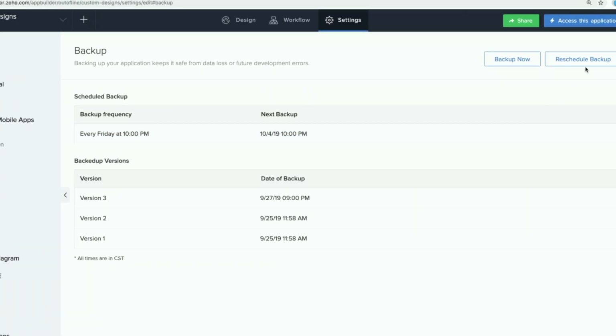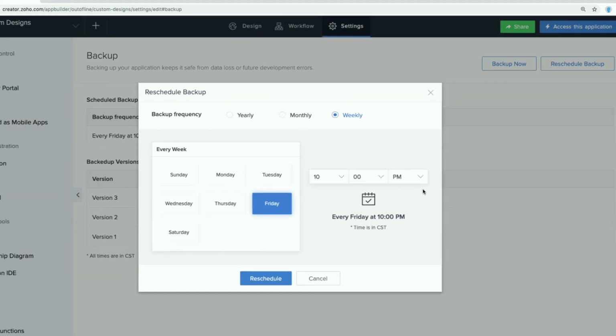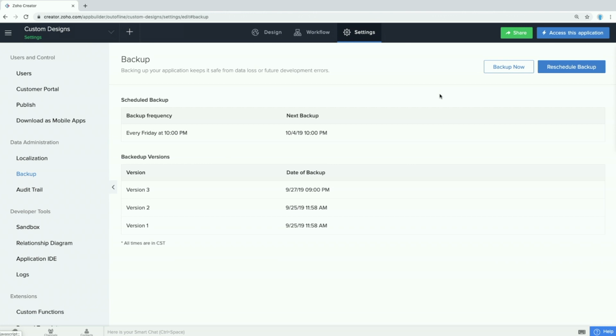You're just going to go up here to schedule a backup. It says reschedule right now, obviously, because a backup is already scheduled, but you go up there, you schedule a backup, you choose your day, your intervals, and the time. And we do recommend that you choose intervals that are a little closer together. If you have a lot of changes being made to your app frequently, or if you've got a lot of users using your application, definitely make sure that that's done on a weekly basis, just to keep as much of your data as possible in the event something does happen. So this backup is now scheduled.